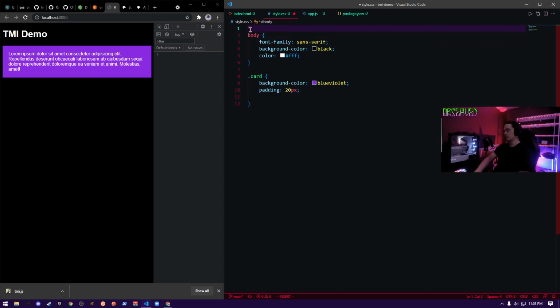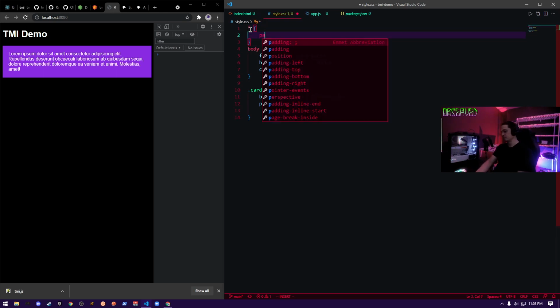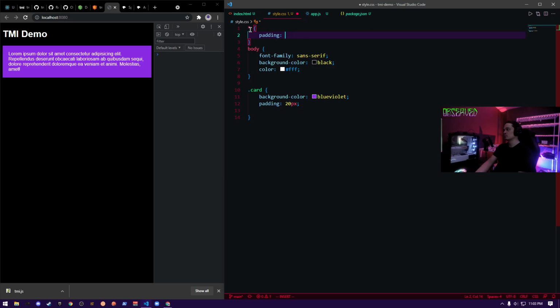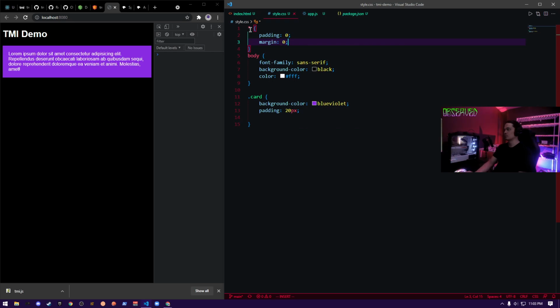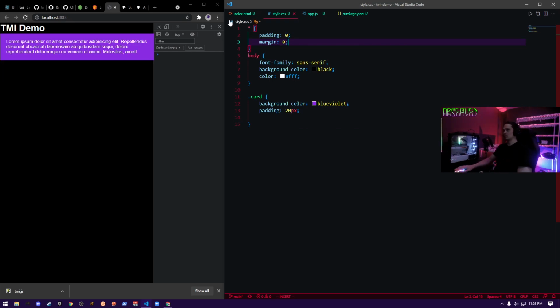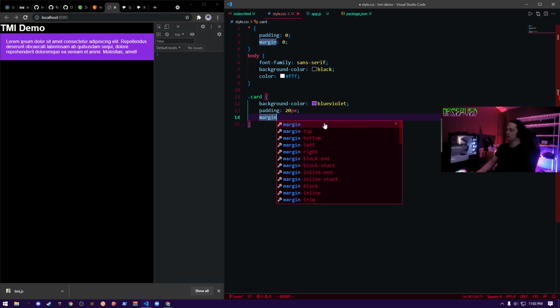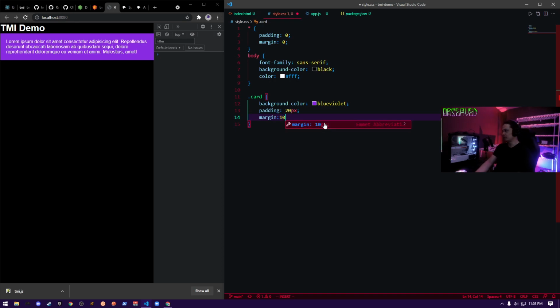I'm gonna reset the user agent styles. Cool. Well, now we can add some margin. Let's just do 10 pixels on the bottom.